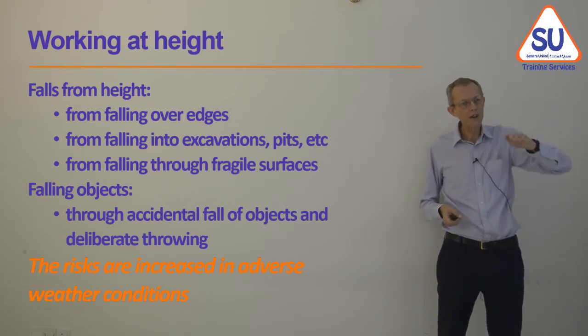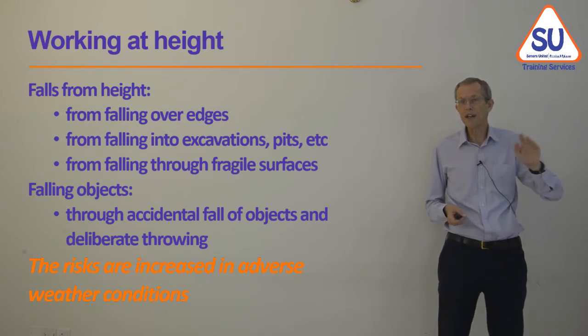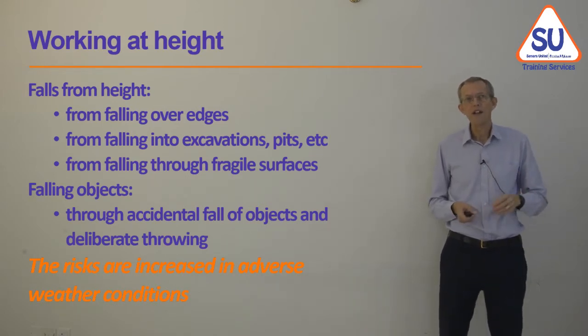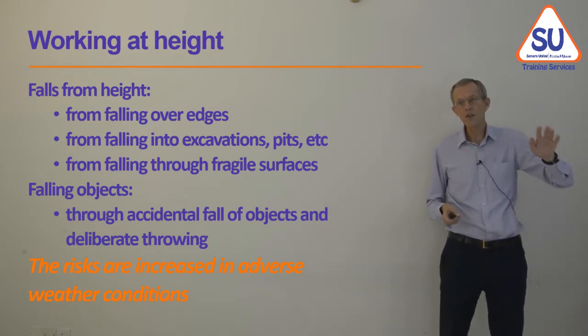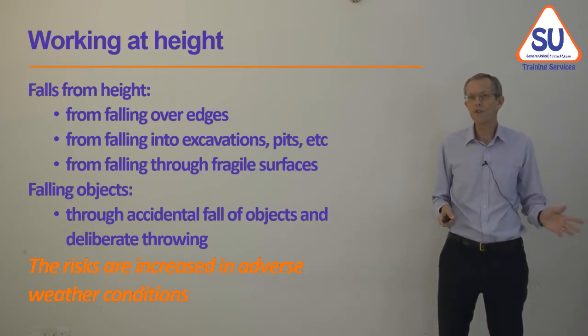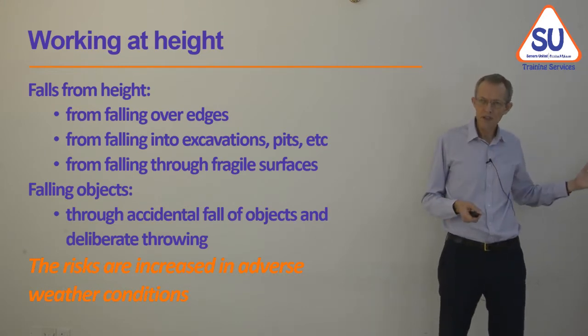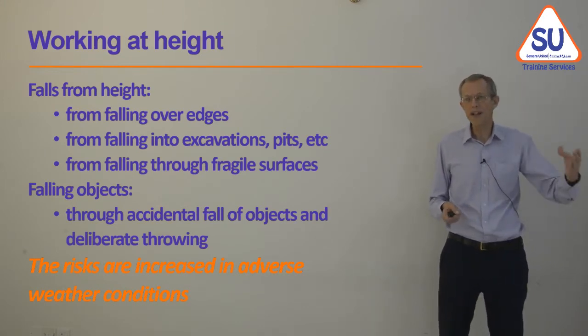You might have seen profile metal roofs or cement profile roofs. These can deteriorate over time and not be strong enough to walk on. So if you have a roof like that, don't let people walk on them. Provide signage that says don't walk on the roof. And if you have to go on the roof to maintain some equipment, install a walkway, a safe walkway with a handrail